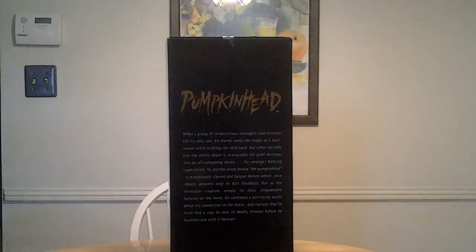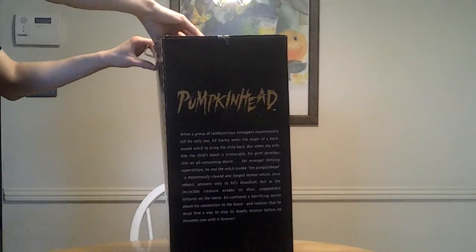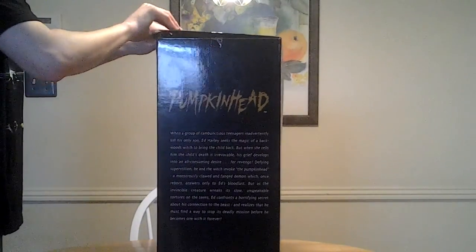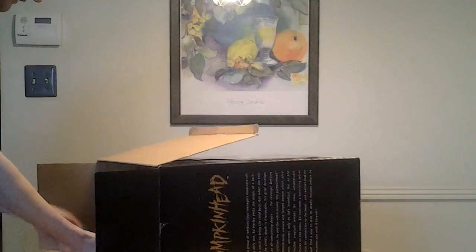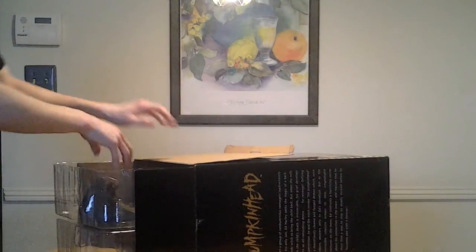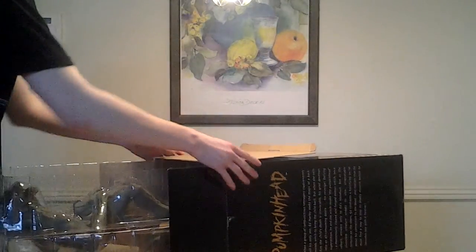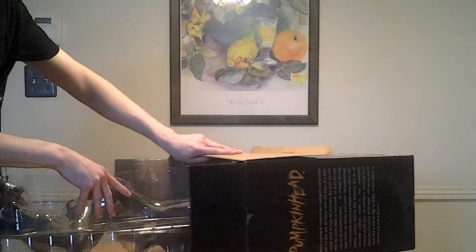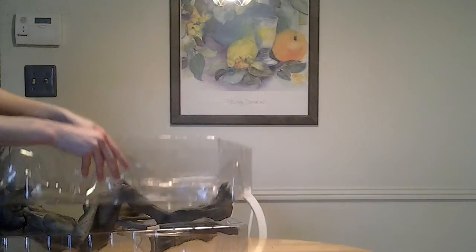So let's open this bad boy up and see what's inside. This is an amazing figure. I love this figure so much. I'm so excited to reopen it. And it's actually a pretty nice figure. I think it's hollow on the inside, and made out of vinyl. It's really nice, high quality. This is the only Sota Toys figure I have, I do believe. I want more, but they are expensive. This guy's pretty rare, so